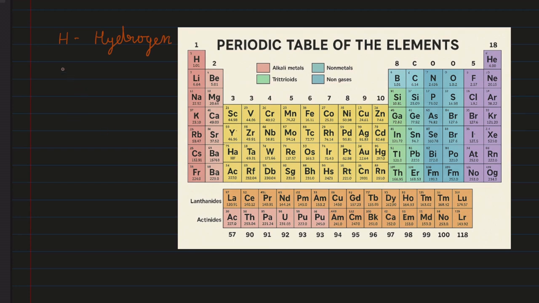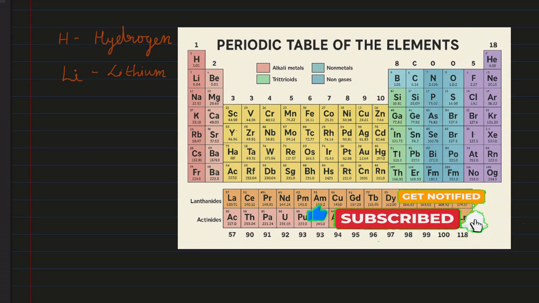Then just below it there is another element called Li. Notice how it is written. The first letter is capital and the second letter is a small letter. So this element is lithium. Why I am telling you this is that there are certain rules that we have to follow while writing the symbols of the elements. For example,